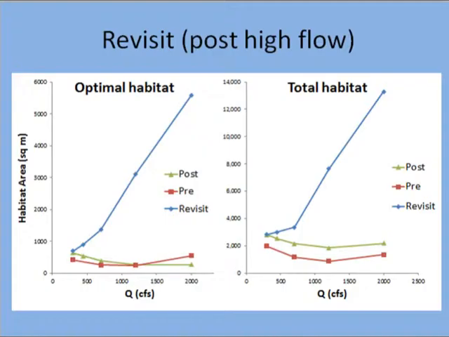So here's our post-high flow. It's the same two lines we saw before, but our y-axis has changed because on the revisit, we still have about the same amount of habitat at low flow, but as flows increase, we're seeing huge increases in not just the total habitat, but now we're seeing huge increases in optimal habitat too. And this was pretty exciting for us. This is exactly what we were hoping to see. We saw increases after the bulldozers, but now our flows hit it. Some processes happening there, and now we're seeing increases of habitat at a range of flows.